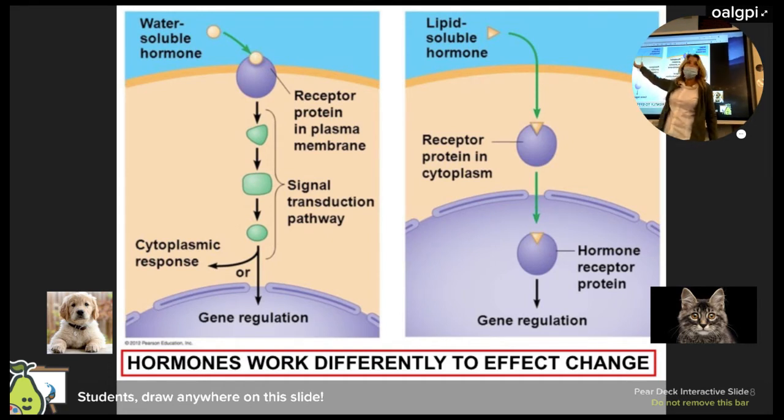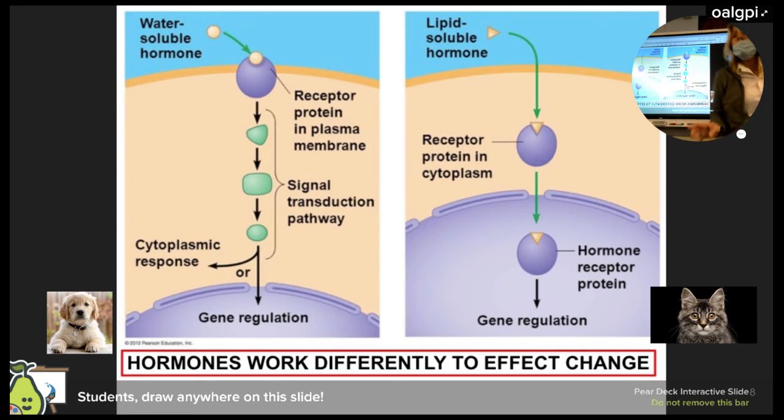You could have a receptor out here in the cytoplasm. Oftentimes it's impacting what DNA is transcribed and translated. These are often your gonadotropins, things that are affecting reproduction, right? Whereas your protein hormones, they cannot go through the phospholipid bilayer, so they have to bind to a what? Receptor. And this is where we see that example of signal transduction, right? This triggers this, triggers this, triggers this. It might have a kinase that's going to phosphorylate something to either turn some sort of enzyme on or off, and then you end up getting your product, whatever that is.